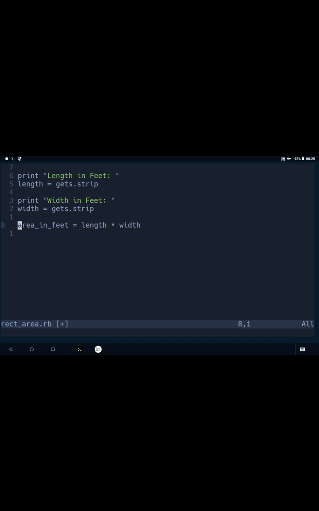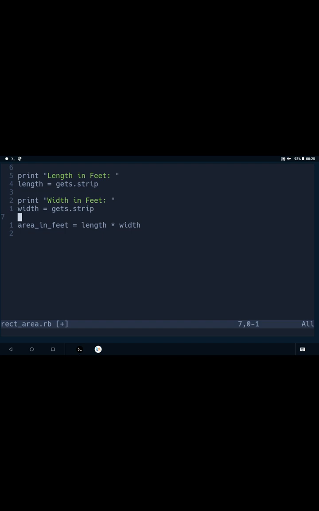So I could have just added the to_i method there, but I don't know. Should I do it that way, or should I do it separately on a new line? Someone help me. I don't know. I'll just do it on